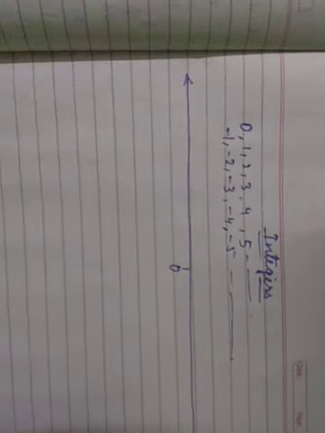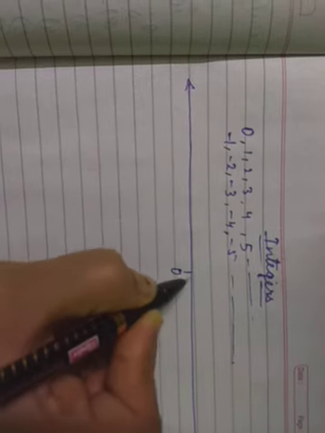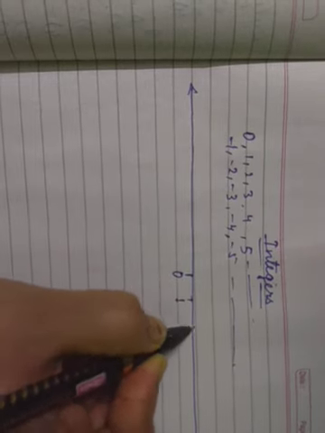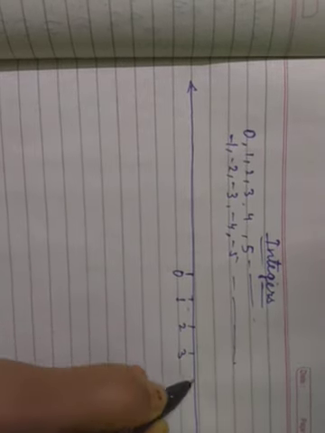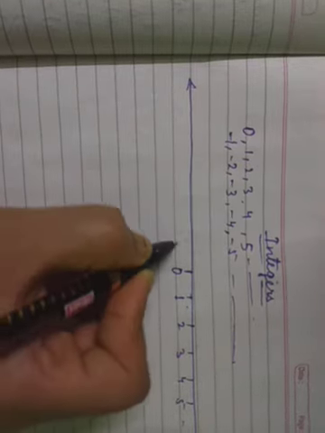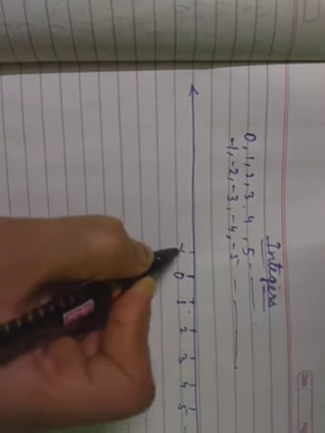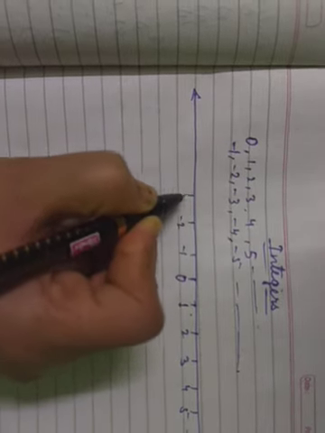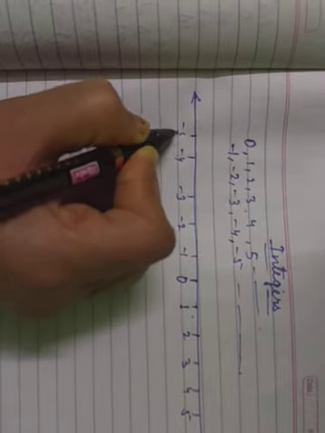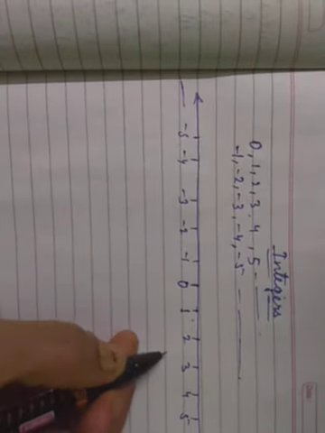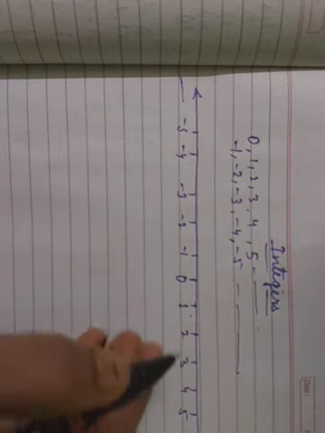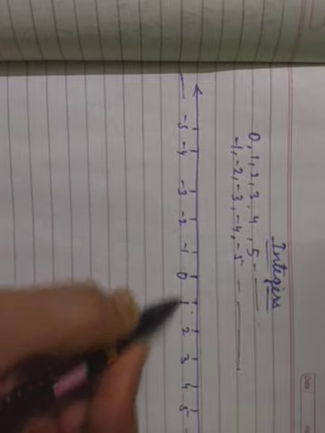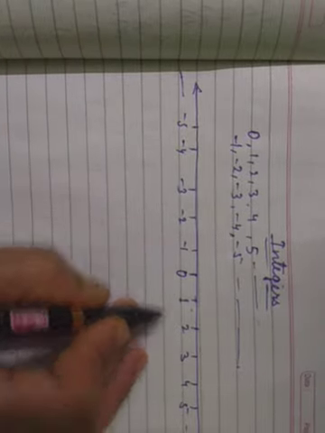First of all, we draw the number line and we put 0 in the center, and on the right side of 0 we start writing 1, 2, 3 on a common gap, 4, 5 and so on. Similarly, negative numbers we will write from 0 but on the left side, -1, -2, -3, -4 and so on. Always remember these number lines, and you should know how to draw a number line and how to represent numbers on number lines. Okay, now I have taught this one.